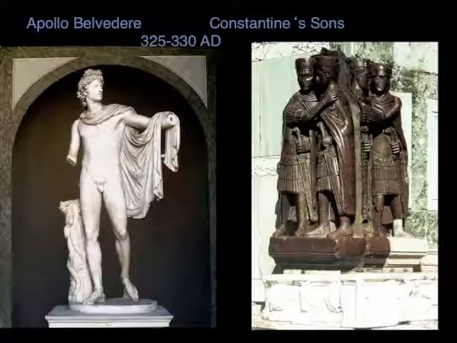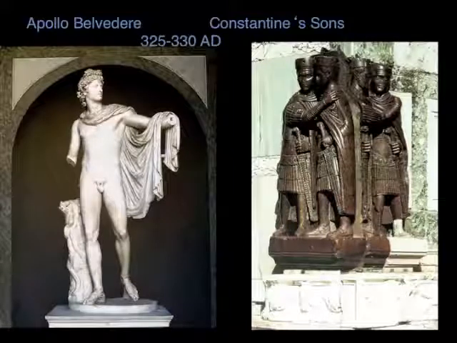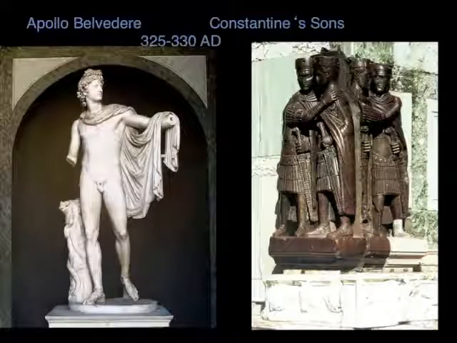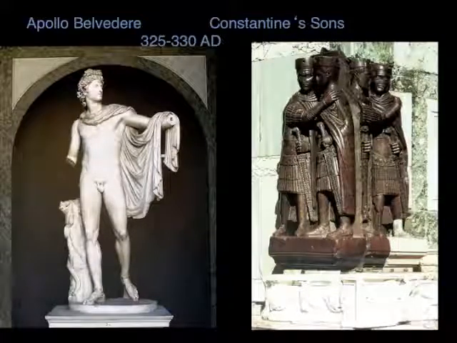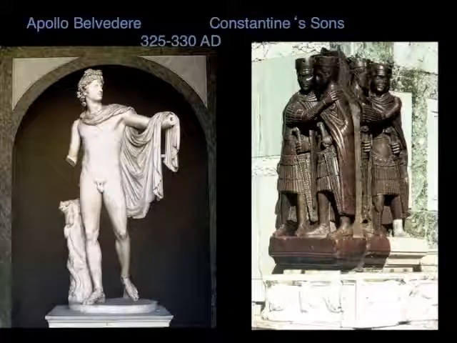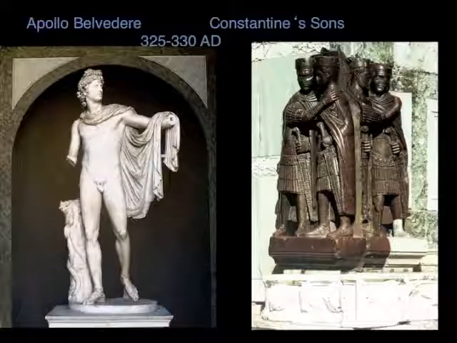This statue of Constantine's sons is a really different kind of thing. Now, if I had to say what it looks the most like of all the statuary we've seen so far, I would probably say Egyptian, which is shocking, right? We're going way back. And the reason I'm saying that is that these don't seem to be figures operating in the space of the world. They seem to be like totems. They represent people in a kind of iconographic sense, but they don't represent people in a physical sense. They're embedded in the block that they're sculpted from, rather than liberated as figures in the round.